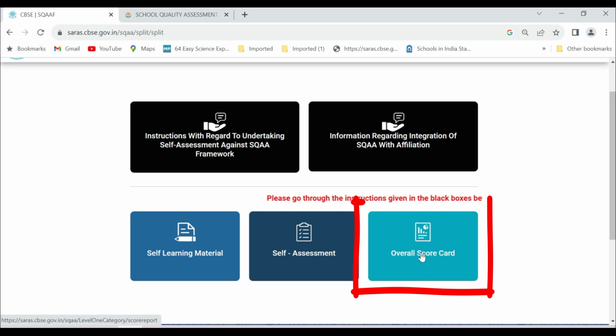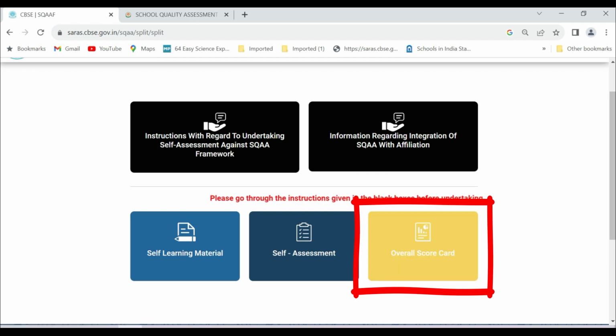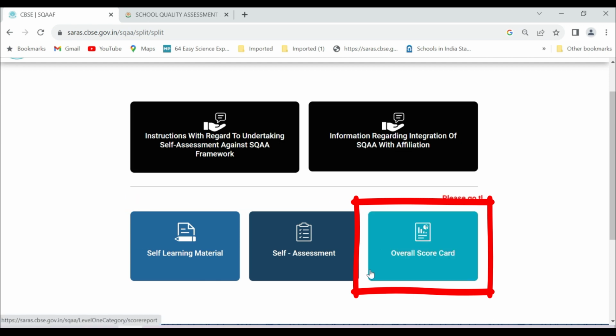The school can check its score, subdomain and standard wise under the detailed scorecard link. The self-assessment once undertaken by the school shall be valid for a period of 1 year. The school can check the validity date of its submitted self-assessment by logging into the SQAAF portal.